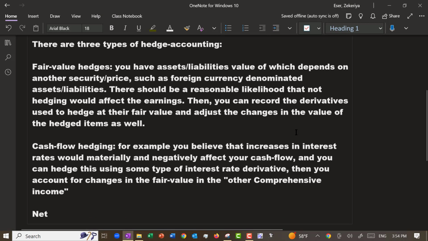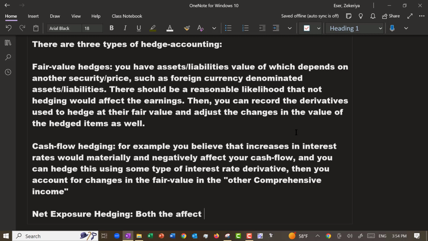And there's also something called net exposure hedging. Both the effect on the hedged asset liability